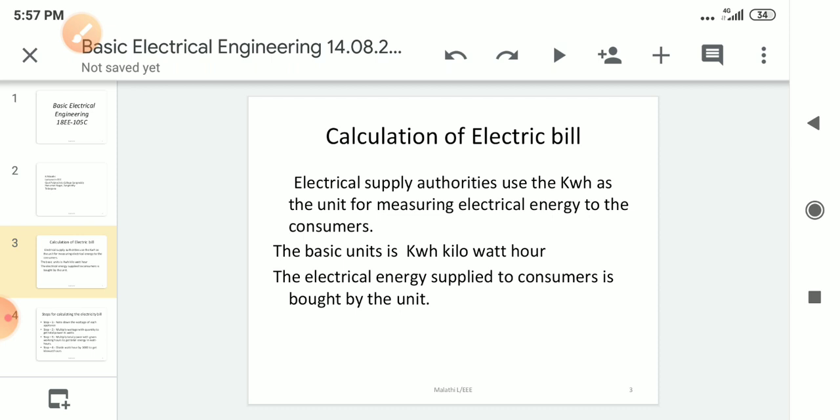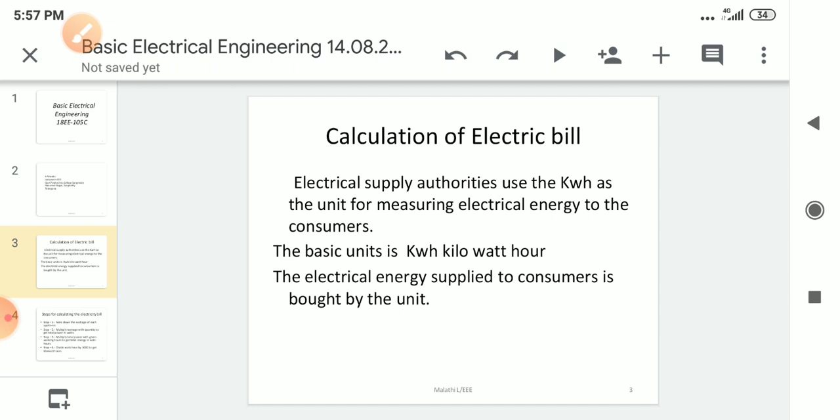So this is a procedure to calculate electricity bill. It is very simple. When an electric device is switched on, it will start consuming electricity. The wattage of this device is multiplied by the time, that is in hours, and the product of this quantity gives the electricity consumed. However, as the consumers are charged by unit, which is nothing but what? Kilowatt hour. Hence, divide the product by 1000 to get the kWh or unit.